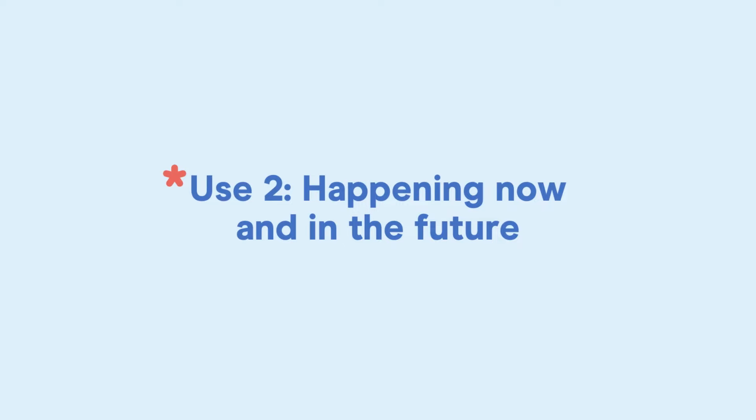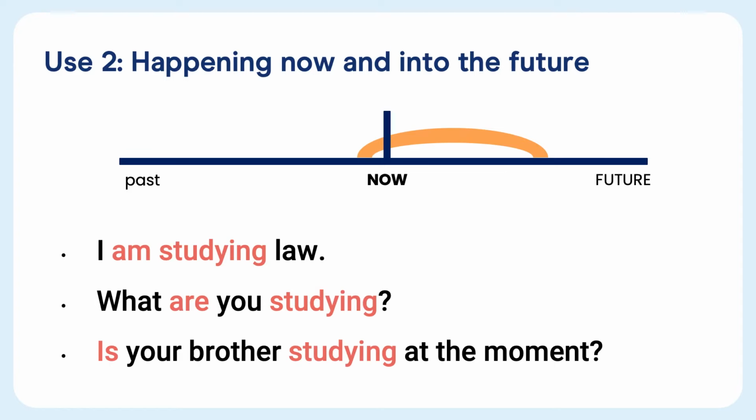But let's now look at a different use where we're actually referring to the future. This is use number 2. So take a look at these 3 sentences. I am studying law. What are you studying? Is your brother studying at the moment? These 3 sentences are referencing or referring to something happening now, but also something that will continue to happen in